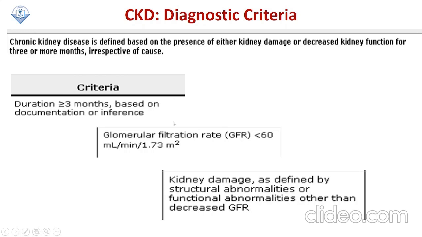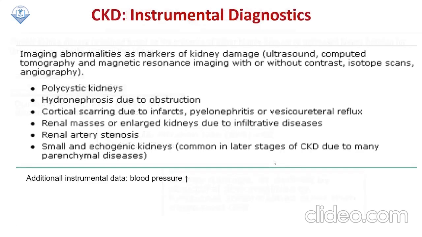Then, glomerular filtration rate decreased to less than 60, and presence of kidney damage as defined by structural abnormalities or functional abnormalities other than decreased GFR. To check kidney damage, we use instrumental methods of diagnostics. These are imaging methods, imaging abnormalities as markers of kidney damage: ultrasound, CT scan, MRI scan, with or without contrast,